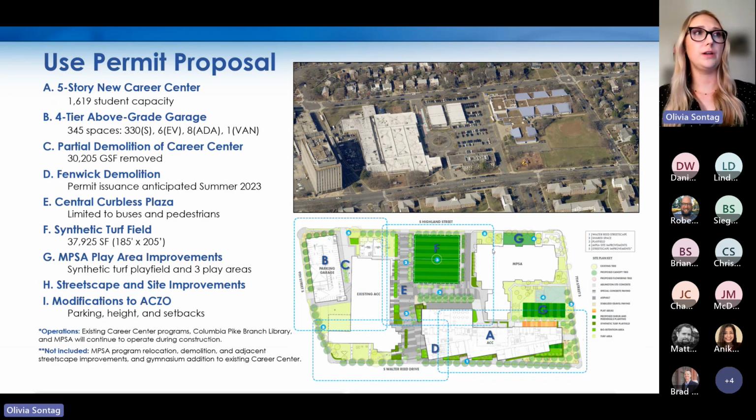They're also proposing a number of MPSA play area improvements around the existing MPSA building. And then there are a number of streetscape and site-wide improvements, additional trees being planted, and some stormwater facility improvements throughout the site. There are some modifications being requested to the zoning ordinance requirements. These are different from the form-based code modifications. So these modifications include changes to parking, the height, and the setbacks, which is allowed to be requested within the